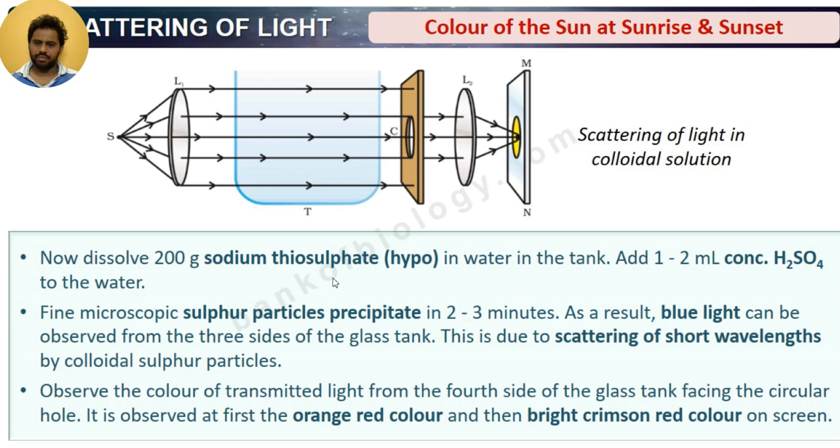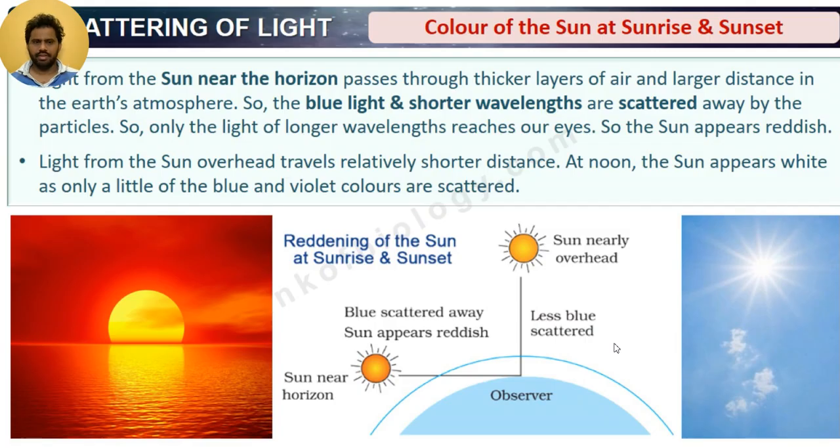Dissolve 200 grams of sodium thiosulfate (hypo) in water in a tank, then add 1-2 ml of concentrated H2SO4. Fine microscopic sulfur particles are precipitated in 2-3 minutes. As a result, blue light can be observed from the 3 sides of the glass tank. This is due to scattering of short wavelengths. Observe the color of the transmitted light from the 4th side of the glass tank facing the circular hole. It is observed that first the color is red orange, then brown, then crimson red on the screen. These are just experiments. Now let us see